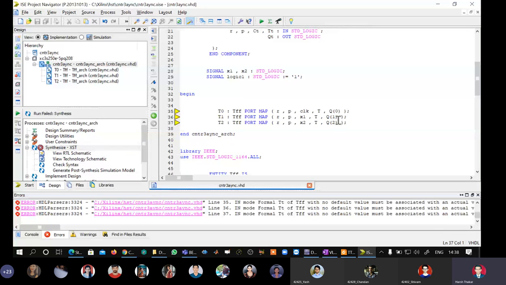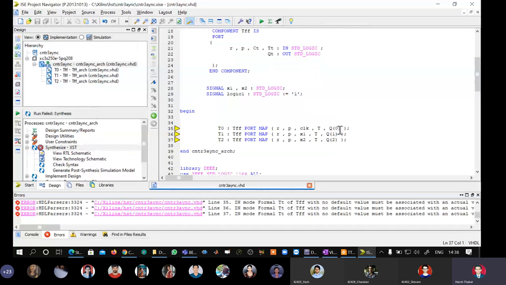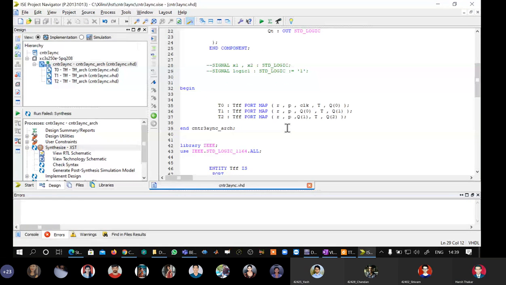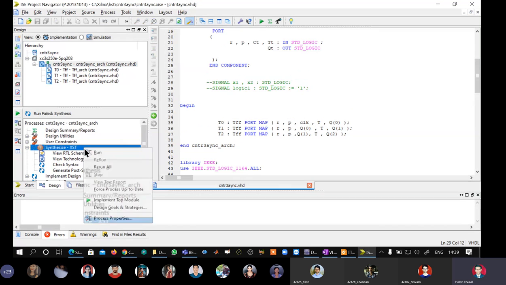Again, the same problem is coming. Okay, fine. So can we directly write here like this? Then X1 and X2 are not required, both of them not required, right? This is also not going to work, I know.